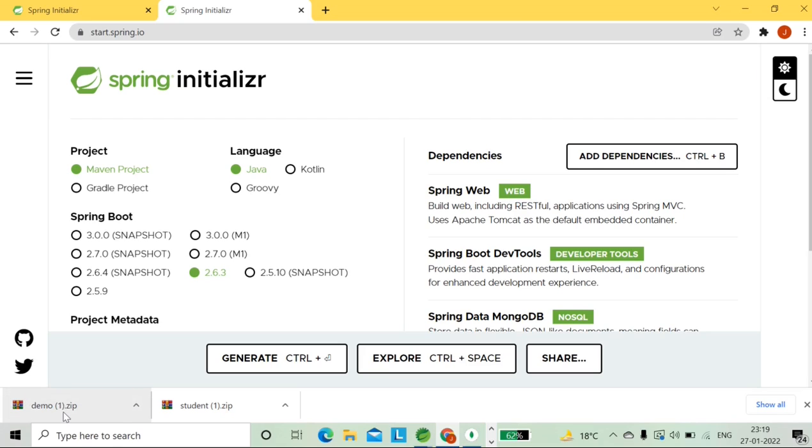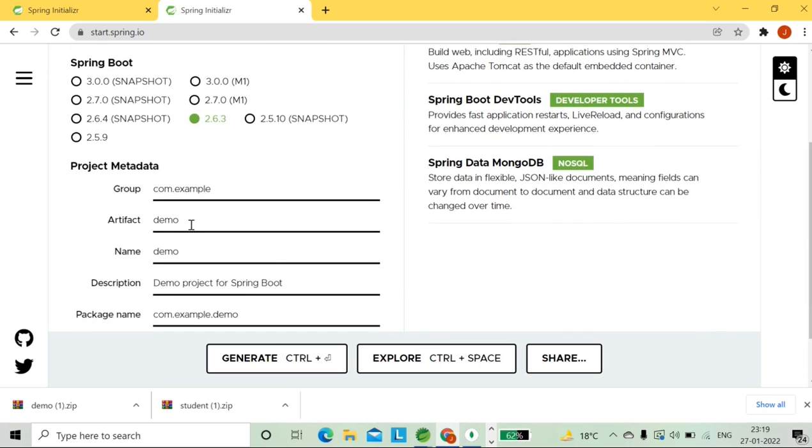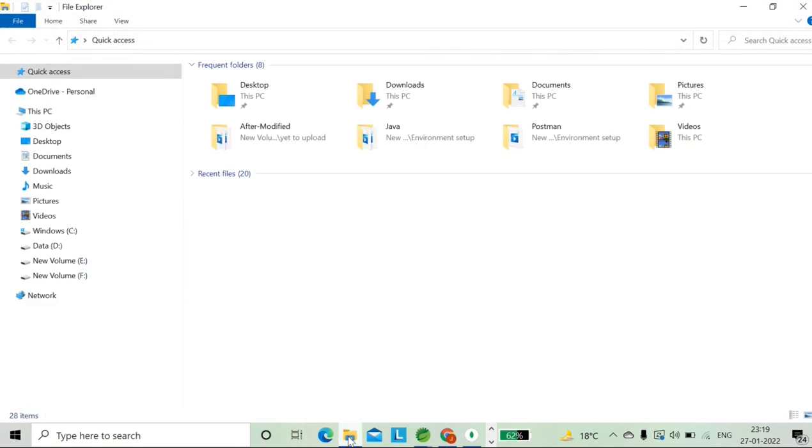So I don't want a demo project. I want to generate a project. So the project is like I want to create a student project. So I am going to create a student project, and com.example will be the package. So student, I am going to generate the student project. So student zip will be available, and go to your downloads,